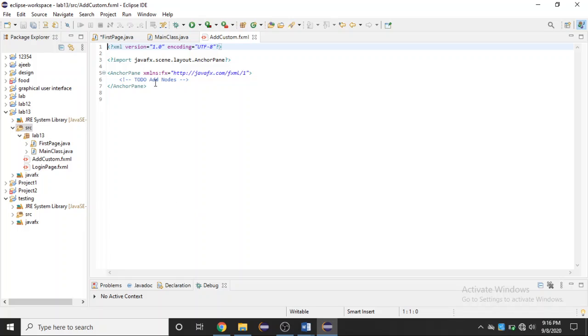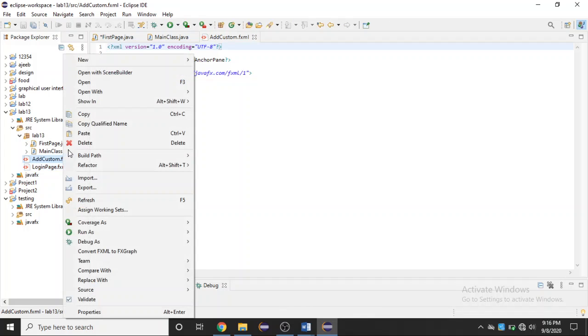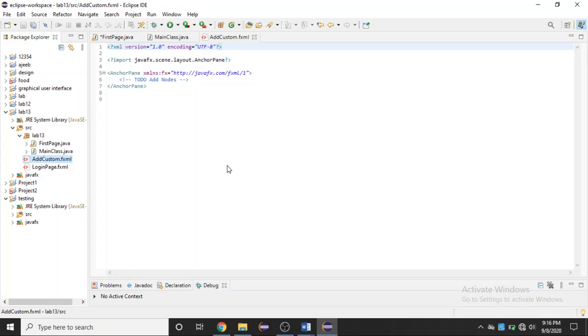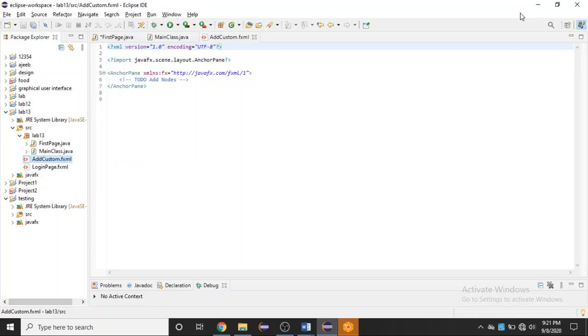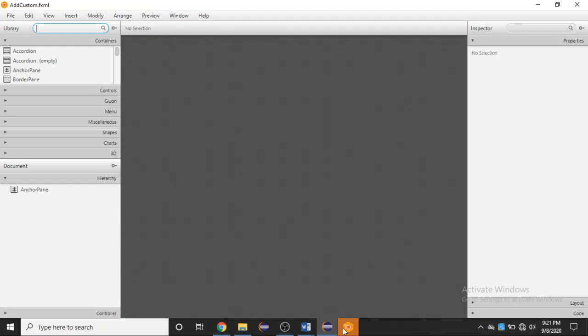As you can see, now I have to open it from scene builder. So class, I have opened my add custom.fxml file on scene builder. Now it is empty, so